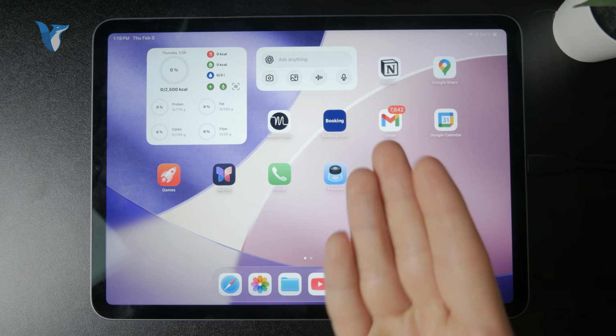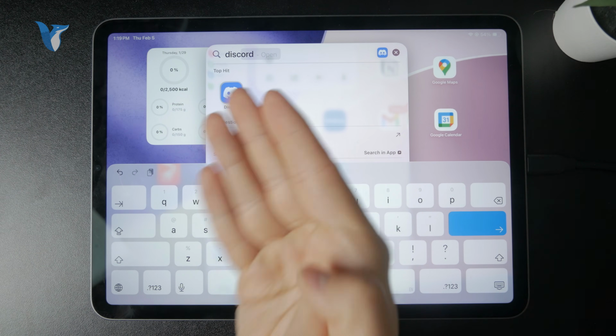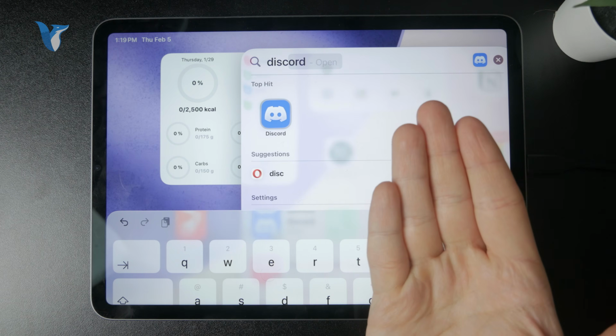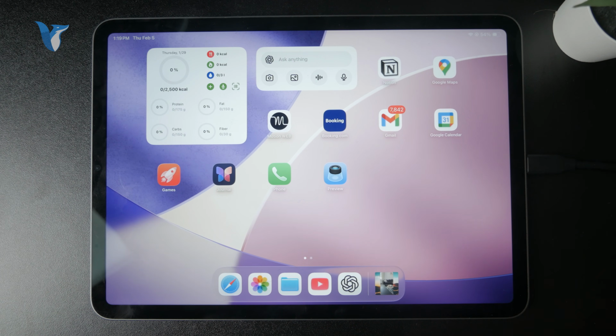Anyways, you might have the Discord app downloaded, and whenever you click on a feature within the app which uses the microphone, you'll likely get a pop-up asking you if you want to allow it or not. And whichever option you decided to click on, it's not really a huge deal because you can change it later